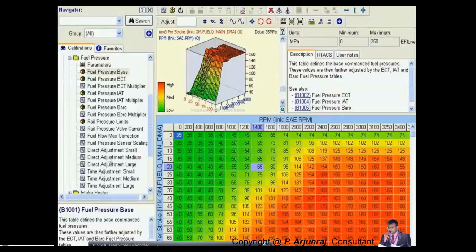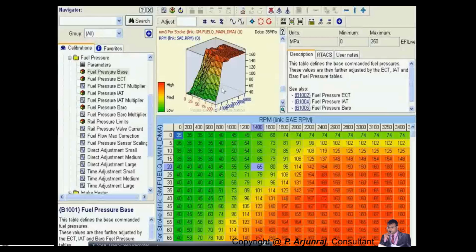So you have different subdivisions as well. Based on the command you give here, the command is fuel pressure, and you will get different maps. Maps in the sense, with respect to different speed, different torque, different power. What is the fuel pressure? This map you can get, mapping in the sense,